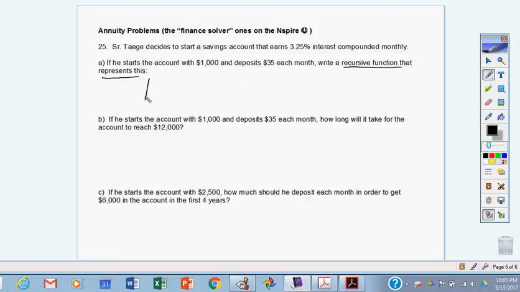So we always start those. You have to have the initial amount. So a sub 0 is the initial amount, and for this situation, obviously, that would be the 1,000. I want these to start as the nth term equals, okay? And then what did we have? Well, we had the 1 plus r over n, so the r here would be